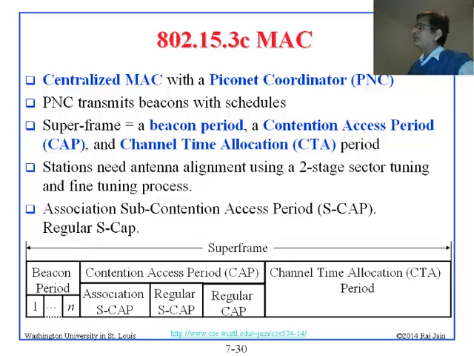Now, the contention access period, CAP, has 2 parts: association sub-contention access period and the regular contention access period. So association basically means that you are going to do the training. Association means you are going to find your right configuration. Okay, and so that is basically the association part, and then the regular contention access period, this particular one, the last one, is more of letting the other guys know about what we are going to do. Okay, so